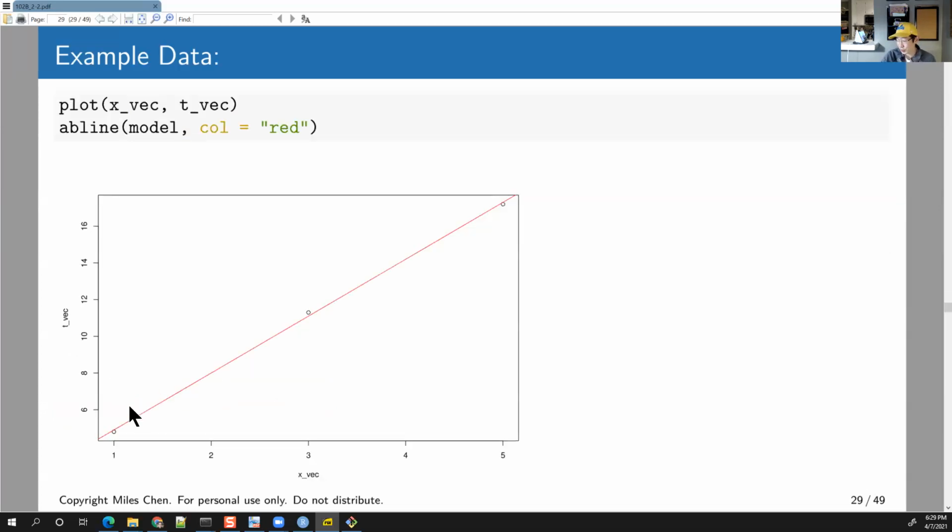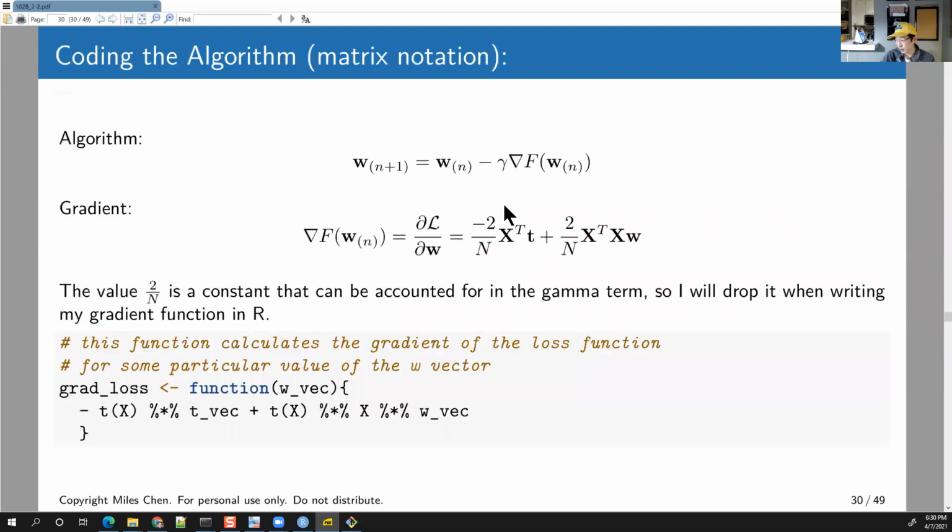This is what the answer looks like if we plot an intercept of 1.8 and a slope of 3.1 for these points, 1, 3, 5 with values 4.8, 11.3, and 17.2. Here I'm going to do it with matrix notation. The algorithm just says take your current location, subtract off gamma times the gradient, and that gives your next value. Here we have the gradient of f at W, and the gradient is going to be